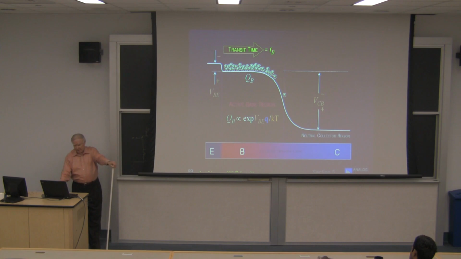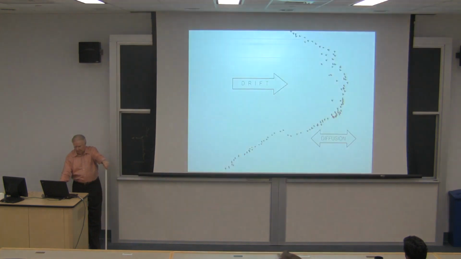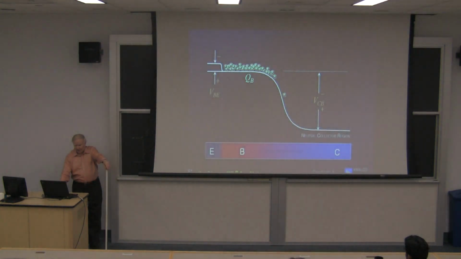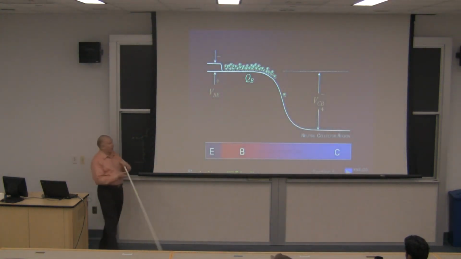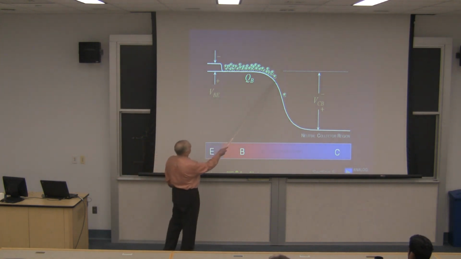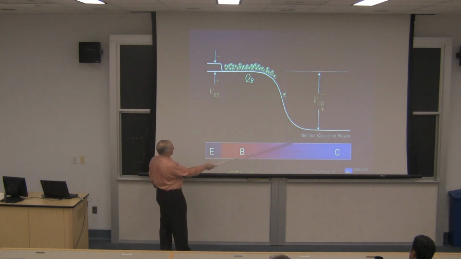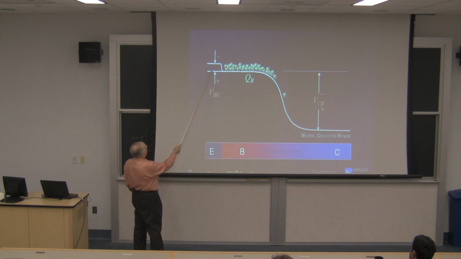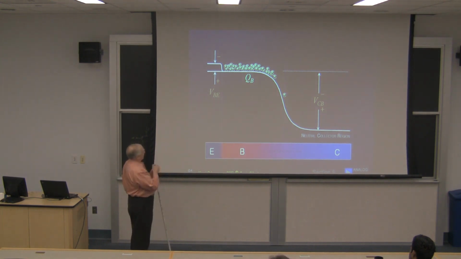The transit time is finite across the base region. And so the collector current is the total amount of charge in the base falling over that waterfall, if you like, the collector junction, in the transit time TB. Now, getting back to that little picture of drift and diffusion, I think you can see that in the base here, we have two things going on. We have the quantum nature of these little electrons reaching the boundary and being swept across the field in the collector junction. But we have the energy distribution here caused by slight variations in the band gap voltage of a